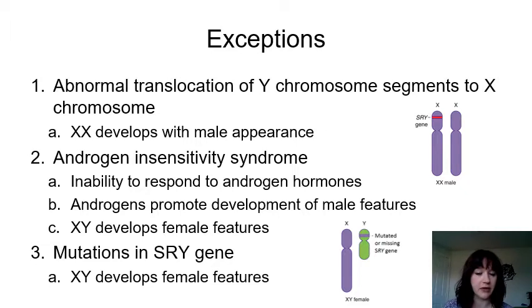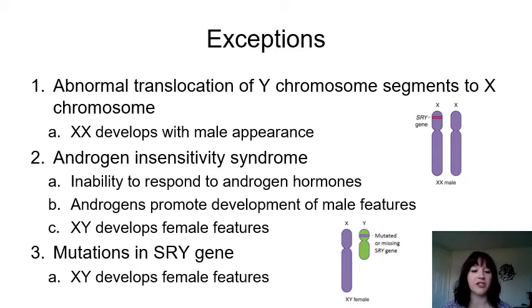Another example I want to talk about is number 3. These are mutations in the SRY gene. If there are problems with that gene, for example if it's mutated or missing, even though that individual is XY, they will develop female appearance because they don't have that SRY gene that we said is responsible for male development. The third type of exception you might see